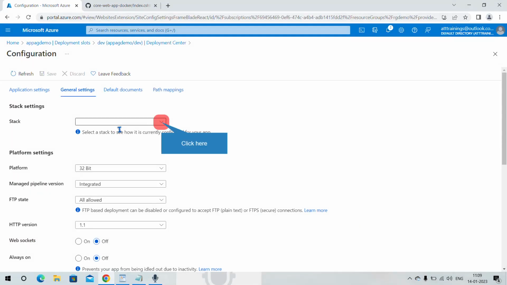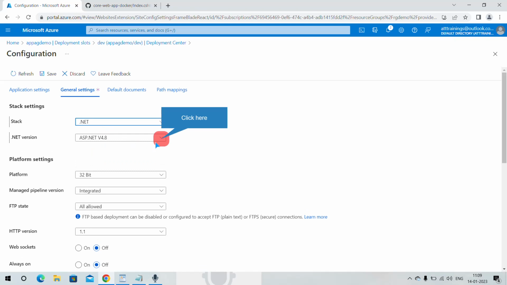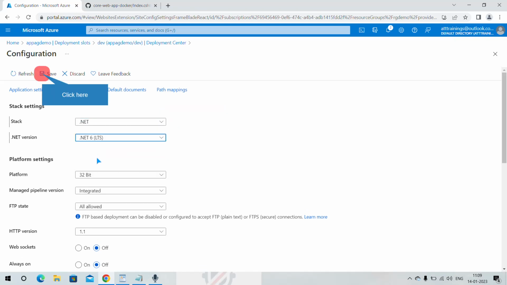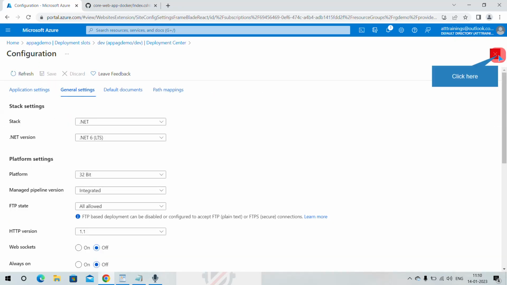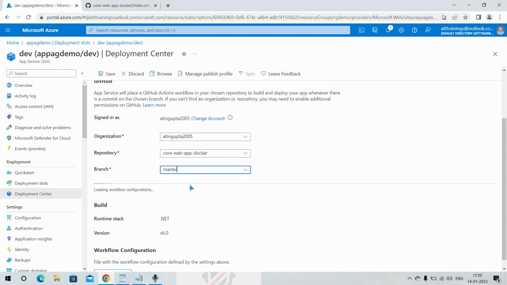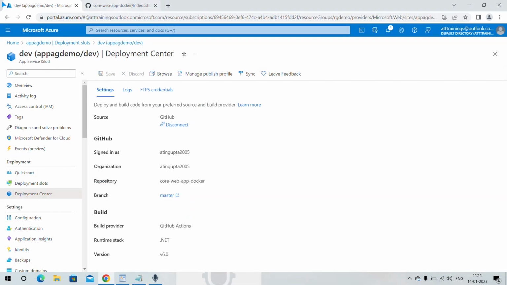It is asking me to configure runtime stack. Now let me configure again the repository and branch. As you see, it has been configured.